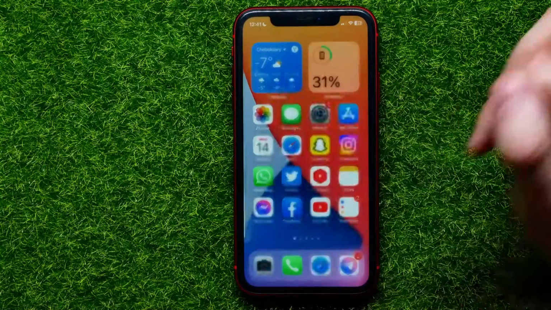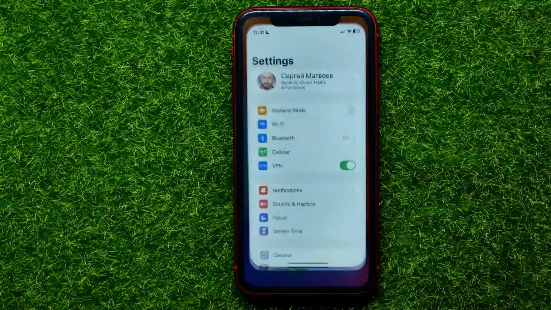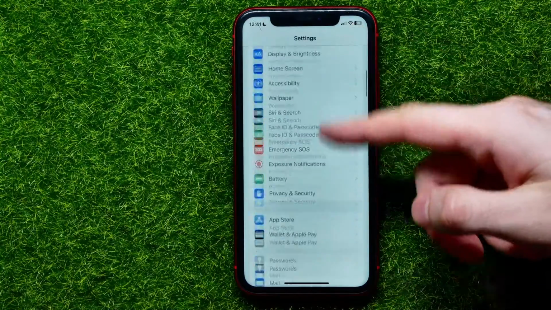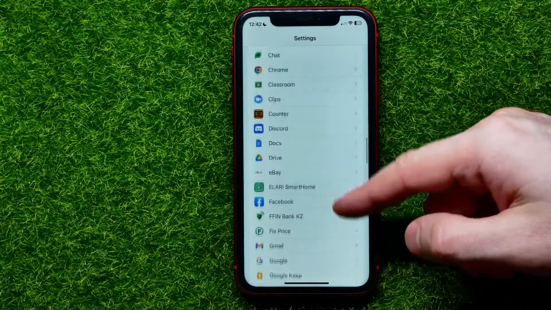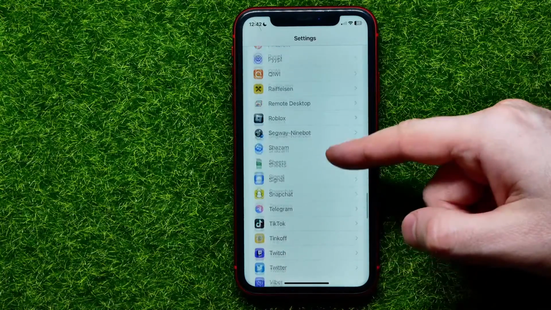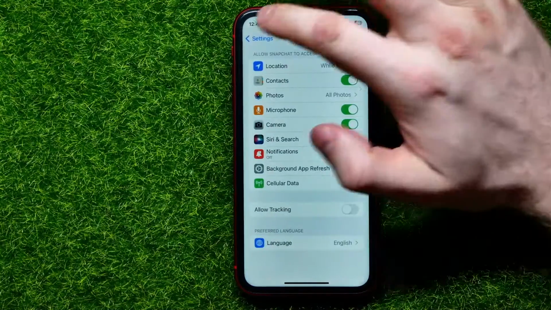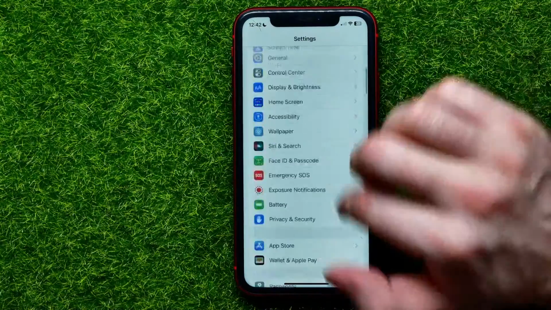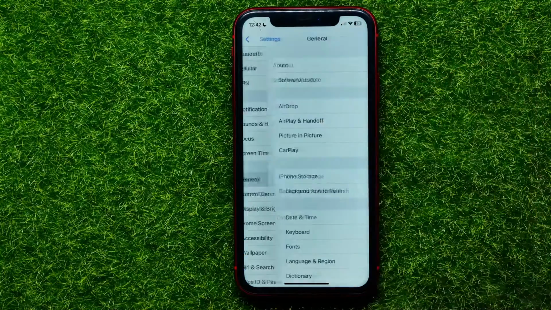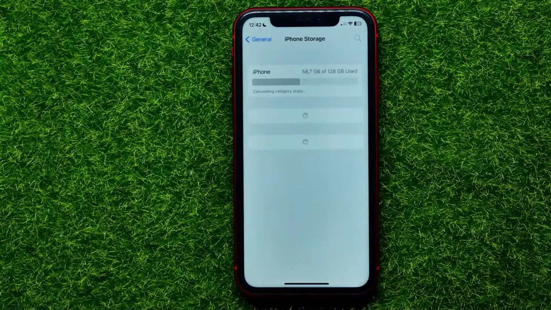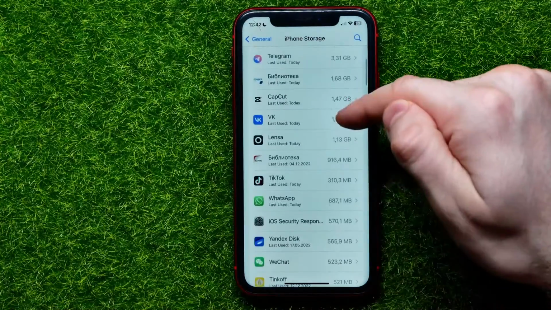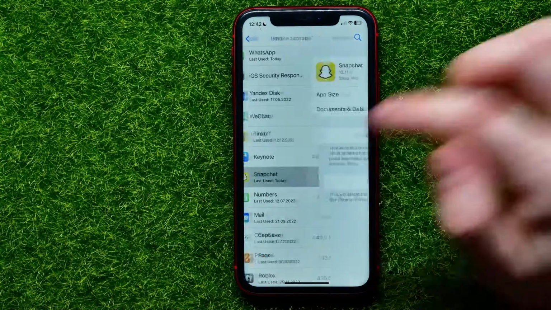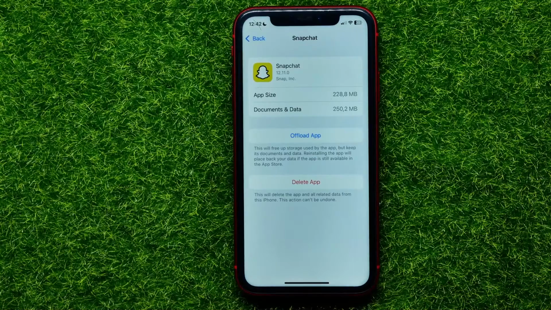Let's move on to the next solution, and you're gonna open up settings. Then you can scroll all the way down until you find Snapchat right here. Or sorry, not here. So on settings you have to go to general, then iPhone storage, and you have to find Snapchat right here in that way. And on that screen you can force reinstall Snapchat app, and that can remove any bugs, any glitches, any app